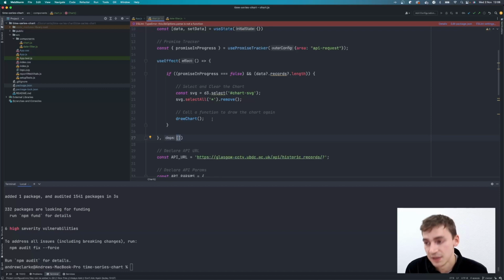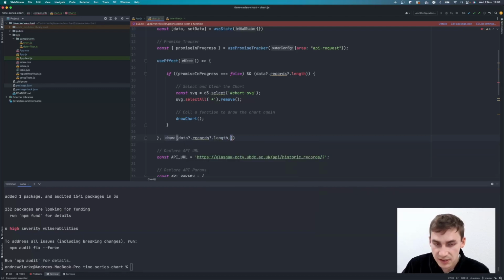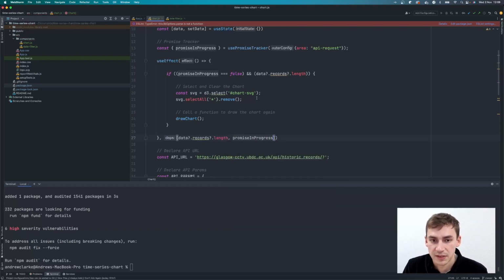So I'm going to set that in the dependency array, which will cause that useEffect hook to update at the right times. So that would be data.records and check if it has a length. And the second part of my dependency array is going to be the promise in progress. Brilliant. So that's it. We've configured all of the data requesting, structuring, and storing methods that React and D3 need